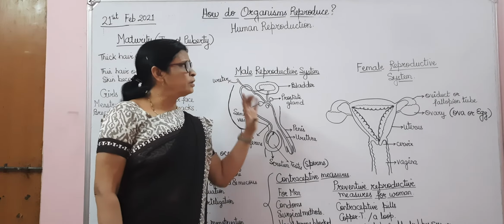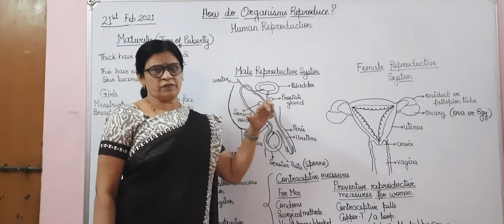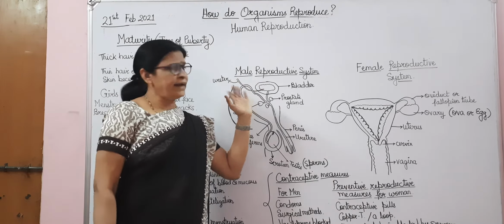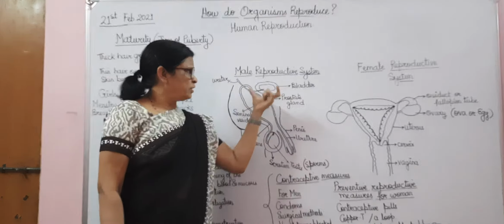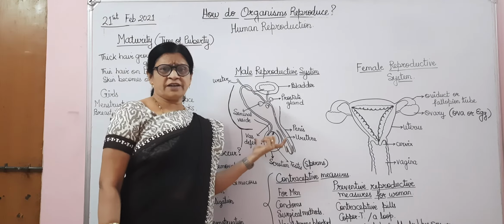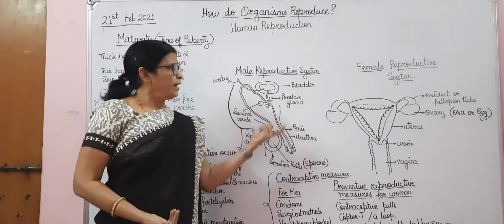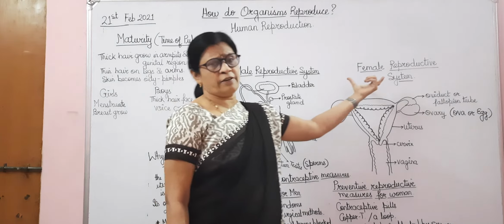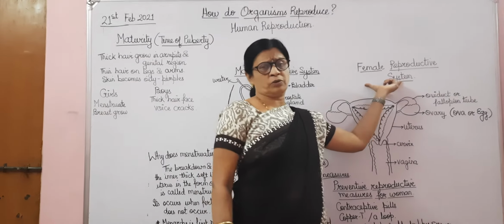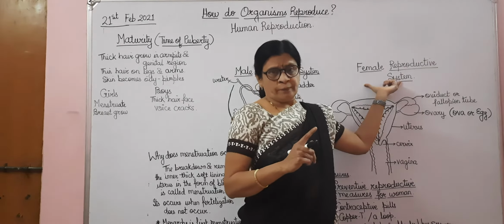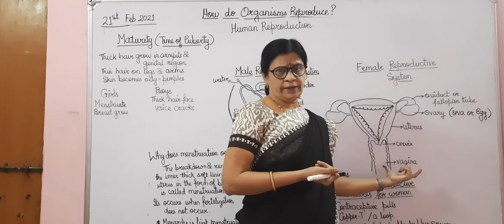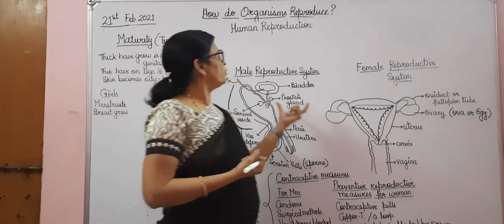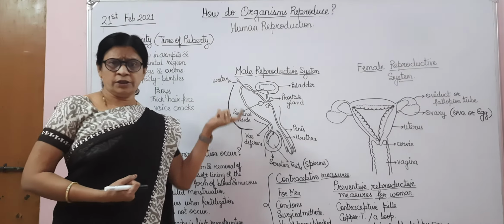So this is how the human reproductive system works with the help of the male and female reproductive organs. The male reproductive organs produce sperms which have a tail and can move. And the female, remember, has only one mature egg every month, and if there is lack of fertilization, then menstruation takes place. So this is all about reproduction in human beings.